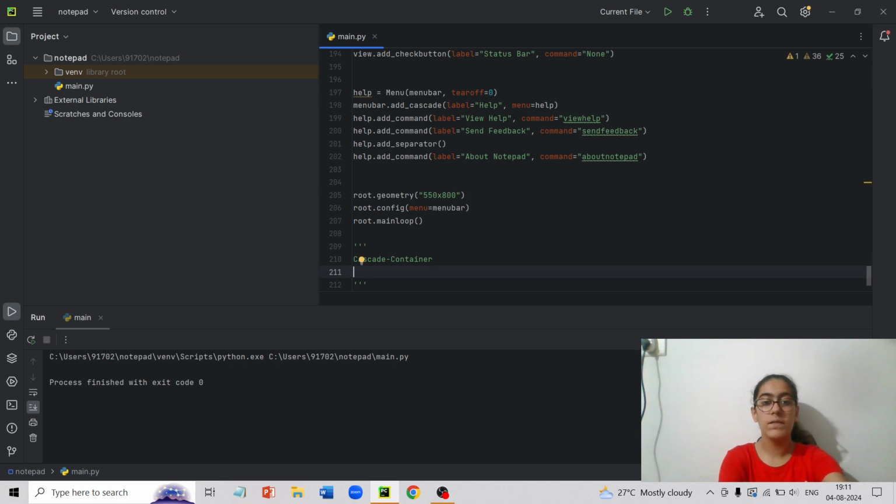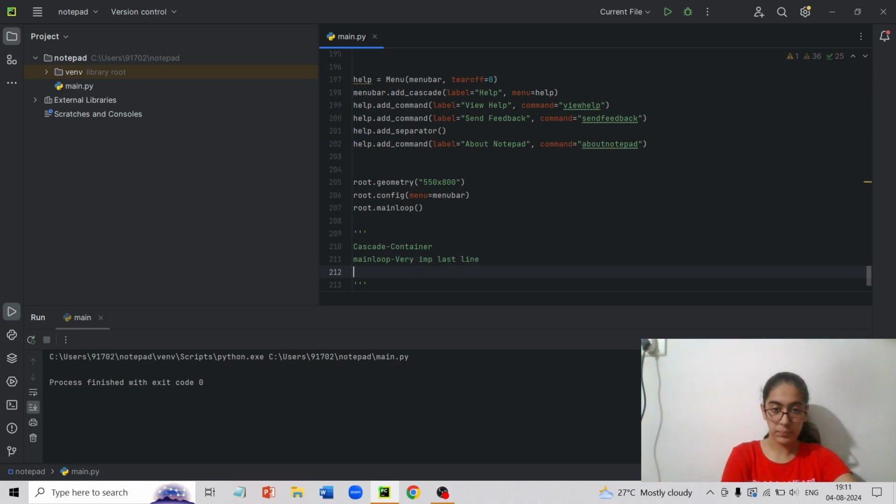Next I have the main loop. Very important. Last line. Next we have the separator. It is a dull line which separates two labels.